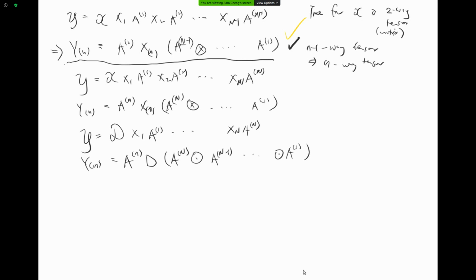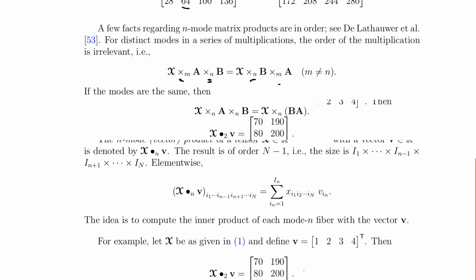So note that this is very similar to this guy, but the product is not the same. We are using the Khatri-Rao product instead of the Kronecker product. It may seem confusing at first why we have this as a special case. Be careful: if we apply this equation directly, I don't have this D, but I will have the mode-n matricization of D, the Dn here, and the mode-n matricization of D definitely is not equal to the diagonal of D. Maybe I will just have an illustration, it's more clear.